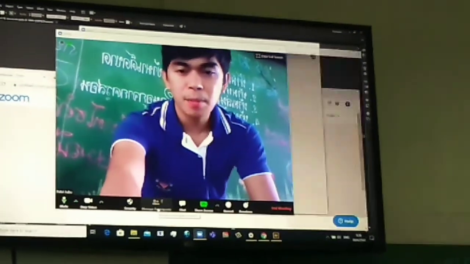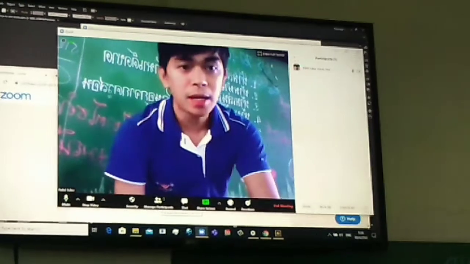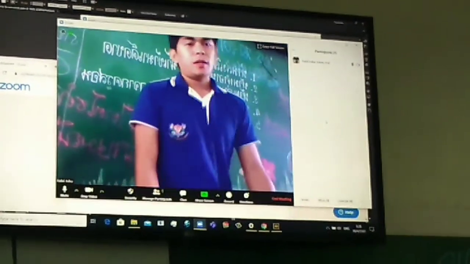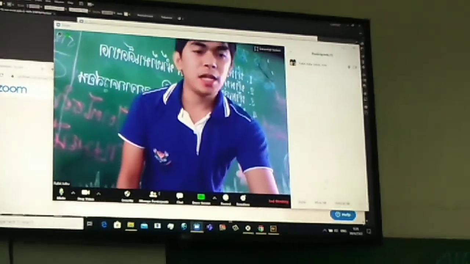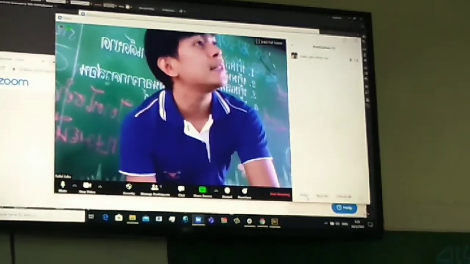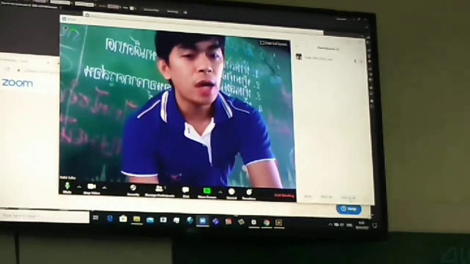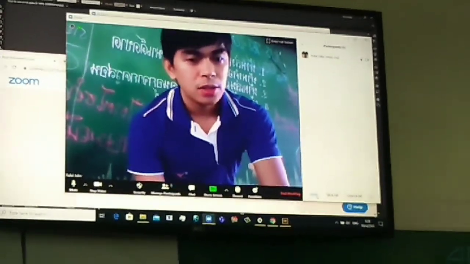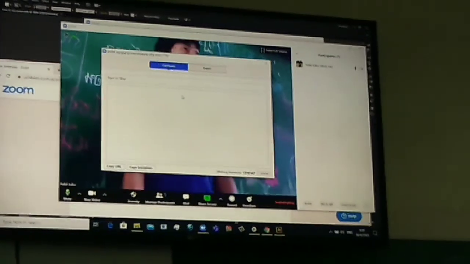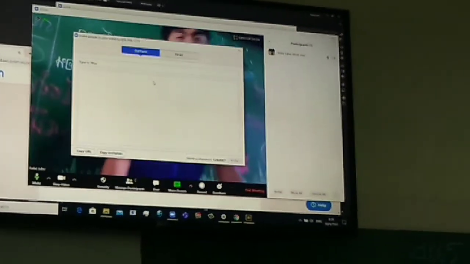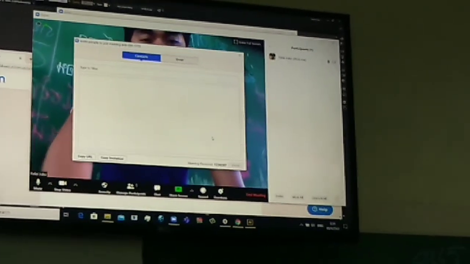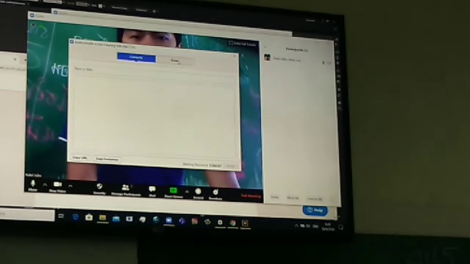Next is manage participants. You click this one, and then you can see the participants screen, and below here you can see invite, mute all, unmute all. So you can invite from here. We will assume that we will have our students listed here, so we will click them one by one, and then we will invite them. Or,